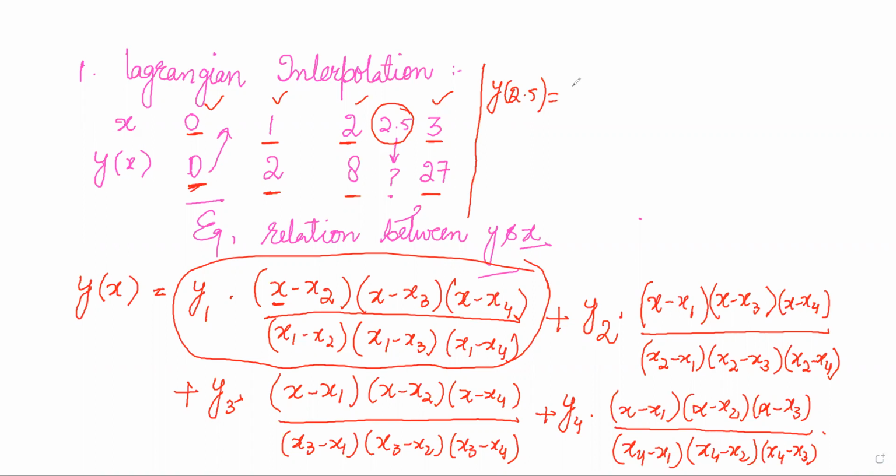So this term goes, plus y2. How much is y2? Our y2 is 2. So I will write 2 multiplied by x minus x2. You are finding the value at x is equal to 2.5, so it is 2.5 minus x1, that is 0, multiplied by x is equal to 2.5 minus x3. x3 is equal to 2, multiplied